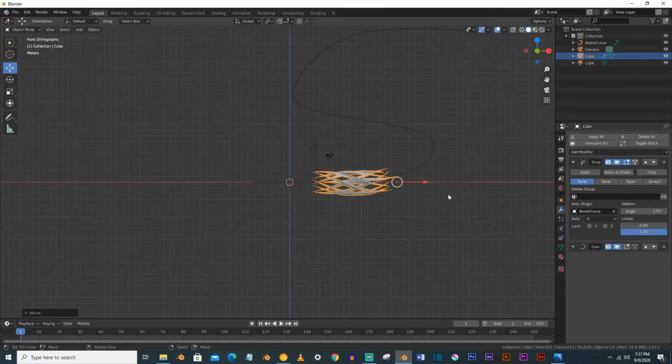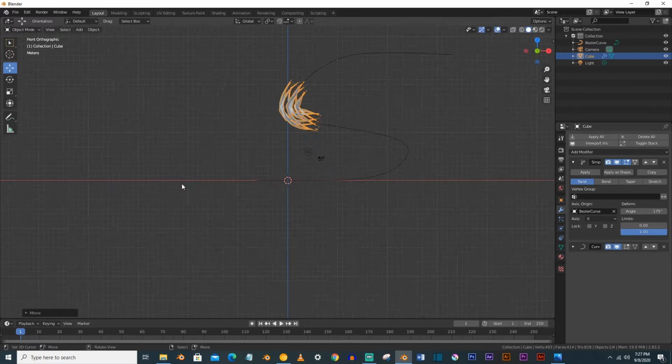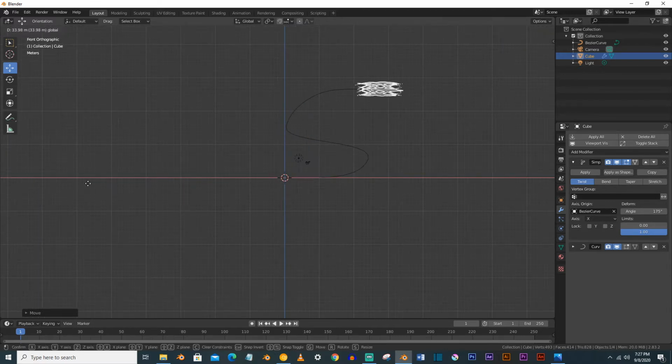You can see that it is looking very cool.